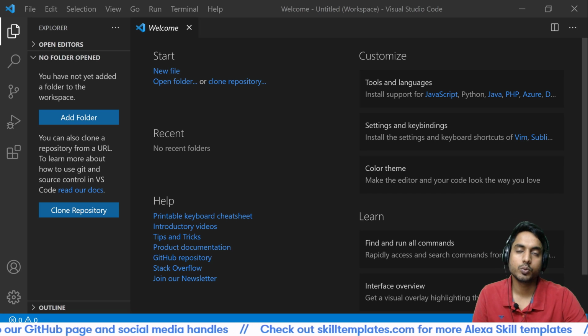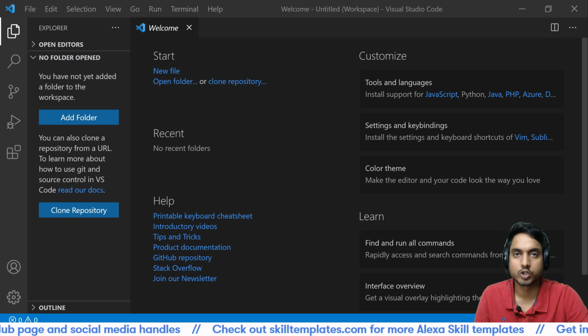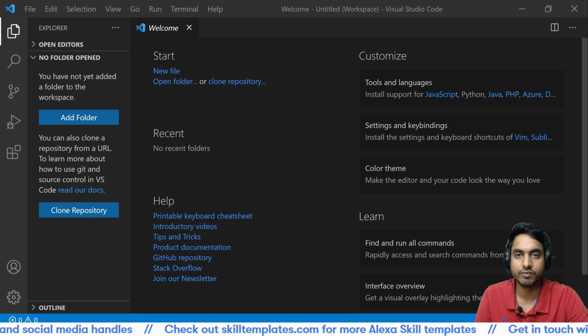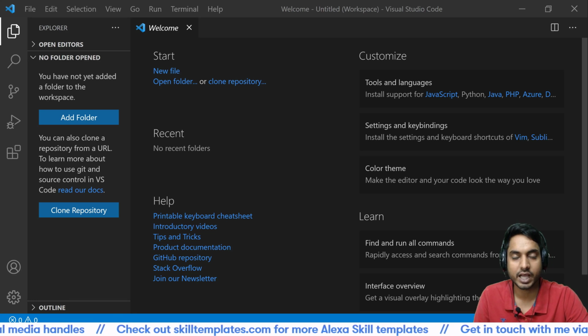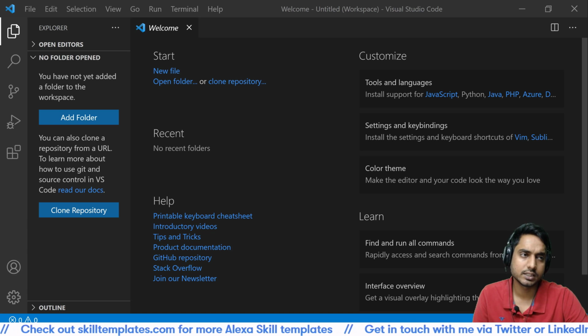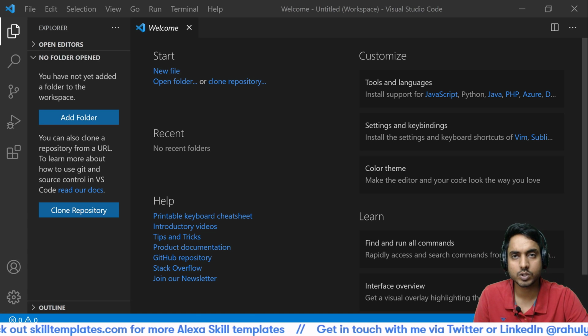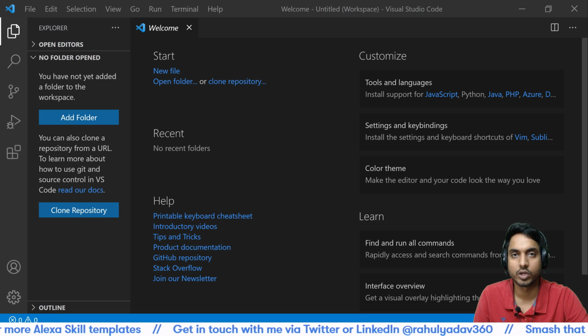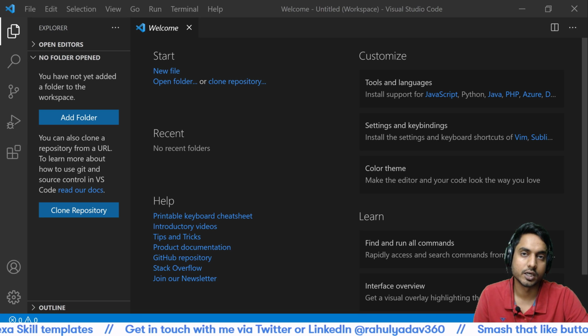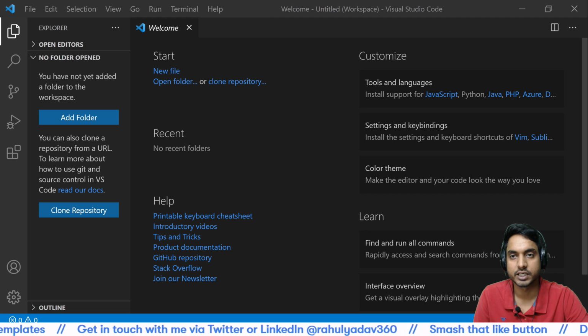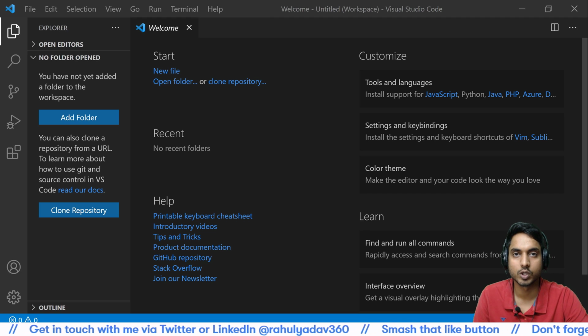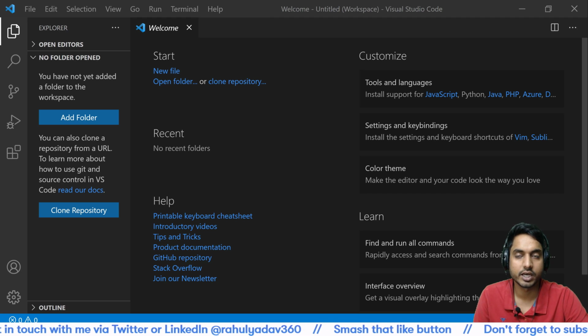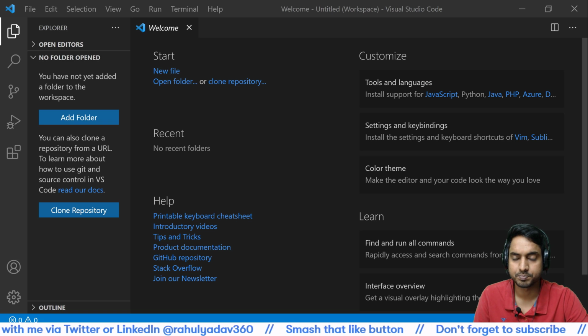To get started, you need to have VS Code installed in your system. So I believe that you can take care of that. I won't be demonstrating that, but once you have that installed, this is how it will look. This whole setup really comes in handy because once you have this setup, you don't need to go to the online console and make changes to your skill and test it every time. You can do all the testing work locally. So yeah, that's the real advantage of having this setup.